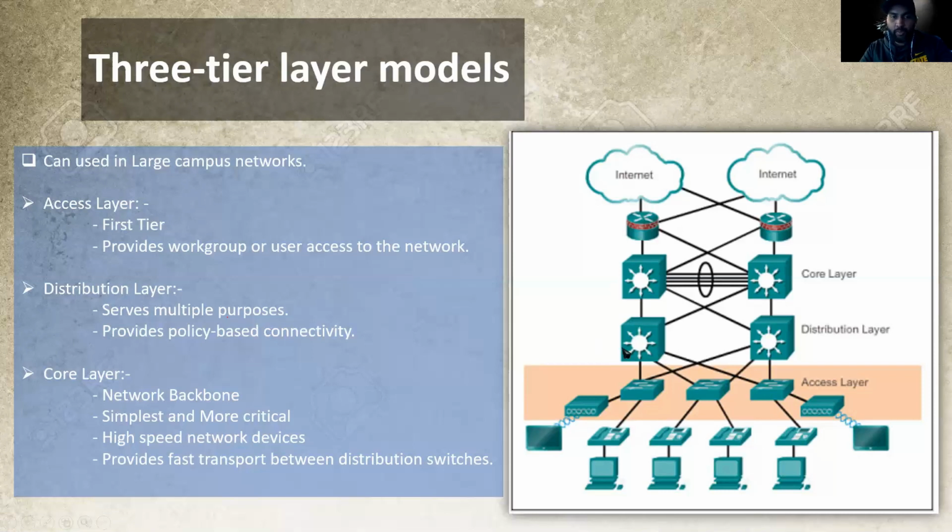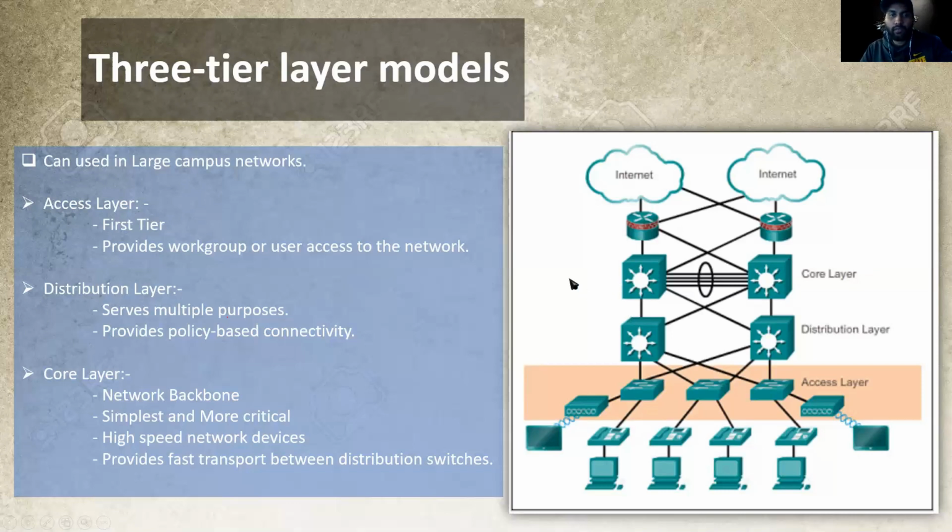The second layer is the distribution layer, which is the interface between the access layer and the core layer to provide many important functions. It is the aggregation point of all access switches and acts as an important member of the access distribution block. The distribution layer aggregates the data received from the access layer switches before it's transmitted to the core layer for routing to its destination.